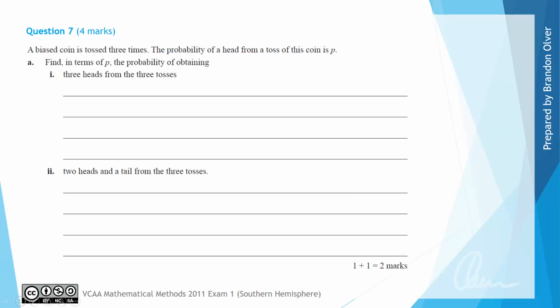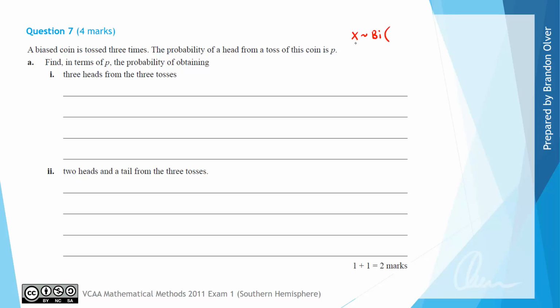So for question 7 we're told a biased coin is tossed 3 times. The probability of a head from the toss of the coin is p. Find in terms of p the probability of obtaining, and for part 1 we want 3 heads from the 3 tosses. Just before we go too far into this question, we can see that this distribution would be a